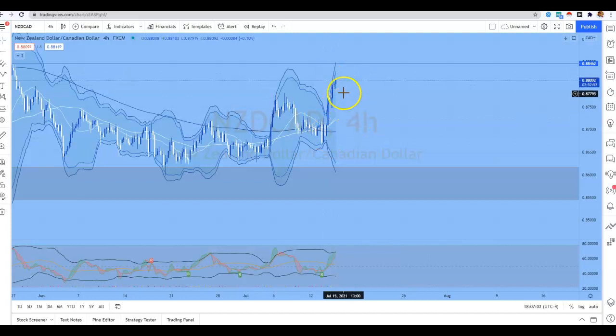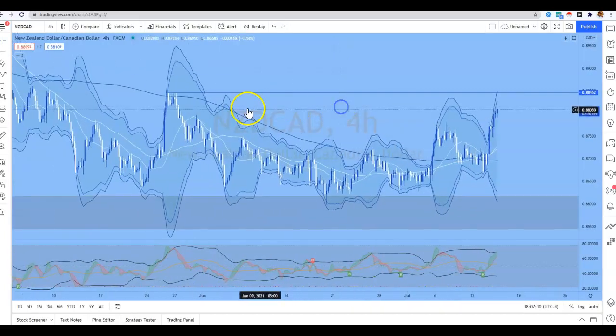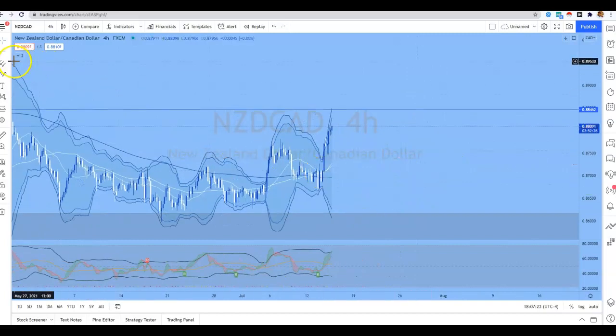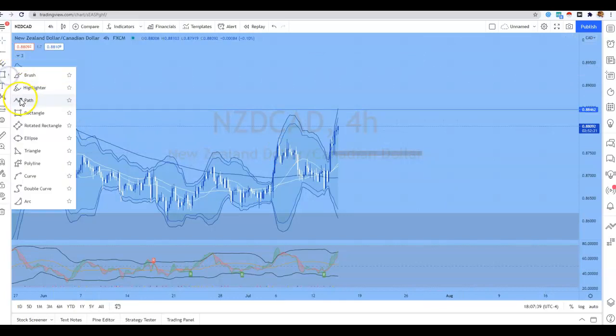which it's doing right now. Now price is going to head up on this upper Bollinger Band, and we know that it's going to hit resistance because of this area up here on the 4-hour time frame, and it's going to reverse and do a pullback. Okay, it's going to do a pullback into the next support. Our next support area will be, let me show you guys. Let's see here. Will probably be somewhere in this area right here. Okay, so what we're looking for is for price to,